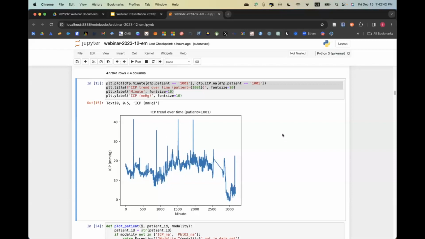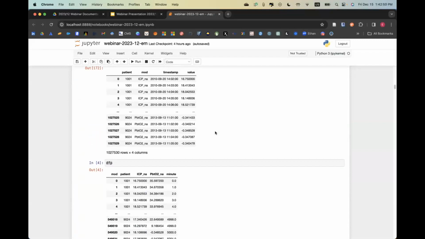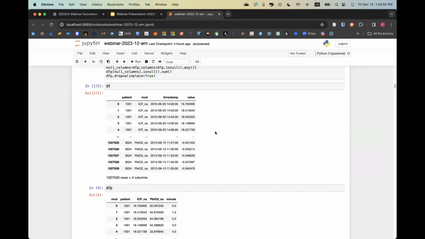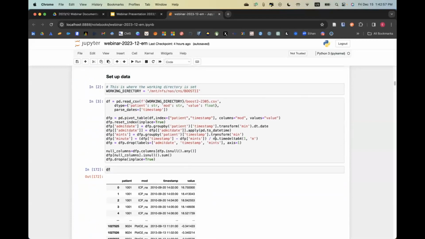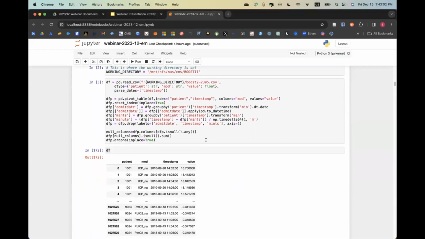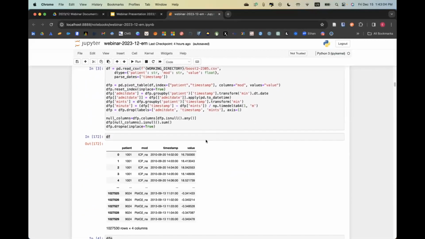We have another question, whether data besides ICP and PBT02 could be used from the Boost2 data set. Yes, I focused on these two because it narrows the scope, and that's what Craig had pre-processed in the last webinar. The Boost2 data set has a lot of vitals, and I think we have imaging as well from Ramon. So there are a lot of opportunities with this data set that have yet to be explored, partly because it hasn't been opened up for people to use, and that's what we're trying to help out with.